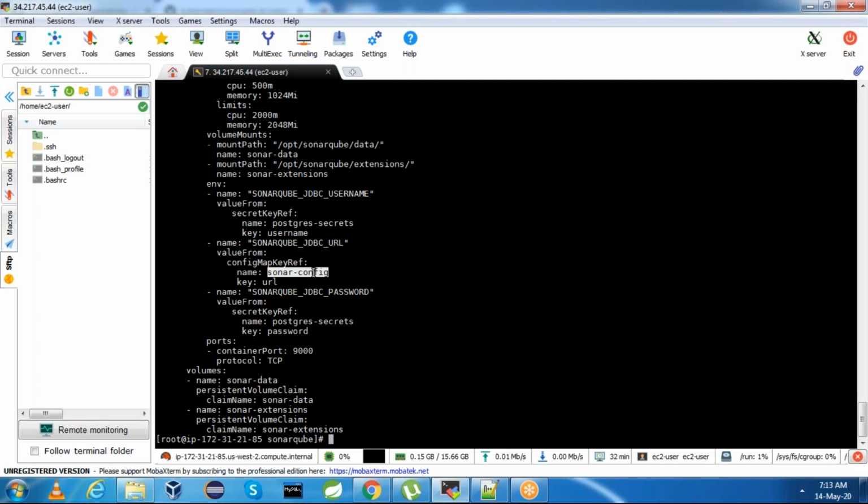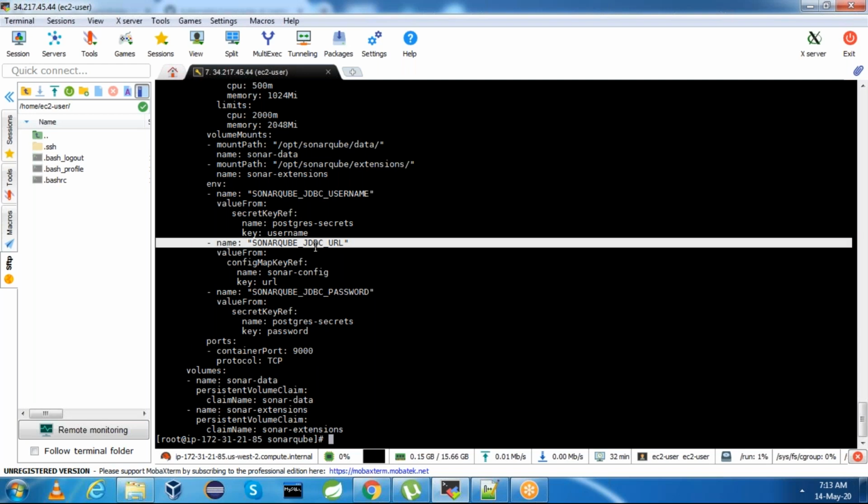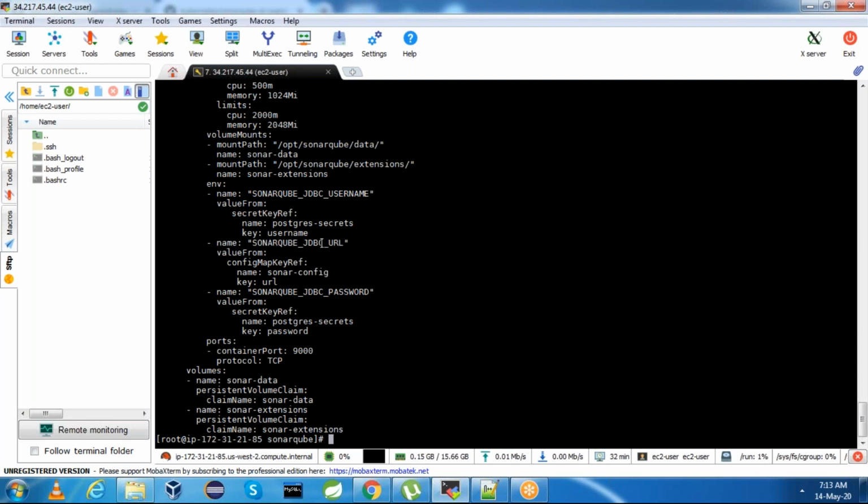The SonarQube JDBC username, I am retrieving from the Postgres secrets. And the SonarQube password, which is nothing but the Postgres password, I am retrieving from the secrets. And the SonarQube JDBC URL, as it is a configuration, I created a config map and I am retrieving it from the config map. And for the volumes, I mentioned two persistent volume claims. One is Sonar data, another one is Sonar extensions, right?